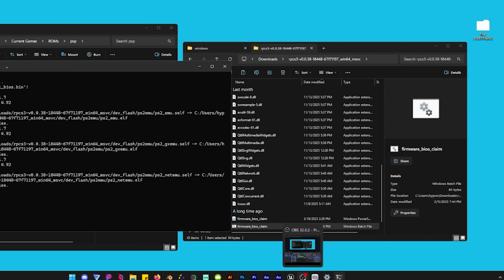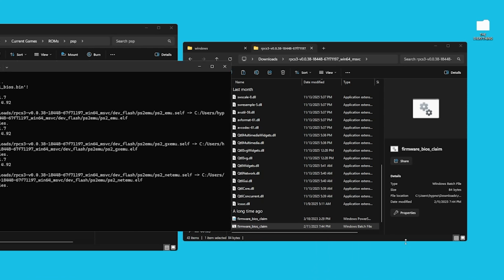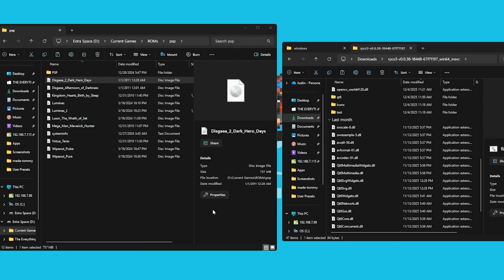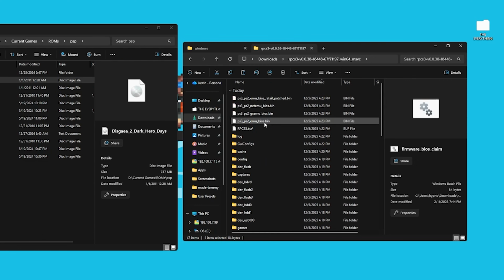I accidentally forgot to close the program, so be sure to close the program before actually running the batch file. There we go, and it's finished. So we can click any key to continue, so let me just click the space bar. And then, ta-da, if we scroll all the way back up, you have all of these nice little itty-bitty files here. The ones that we want are